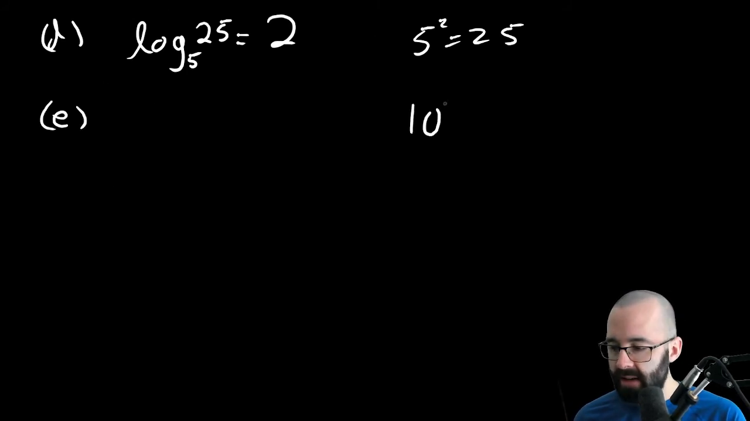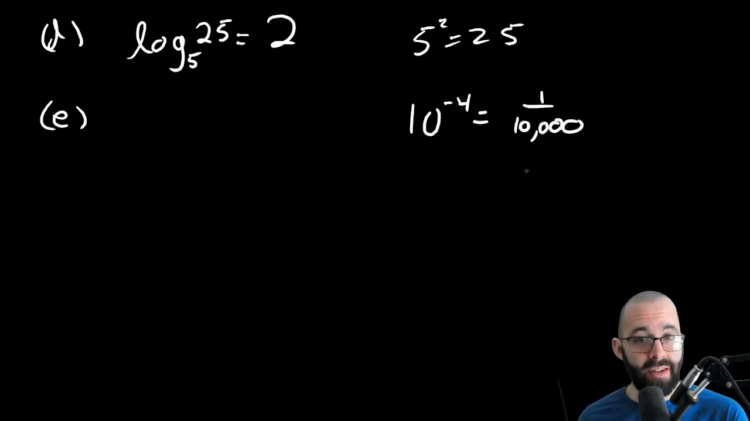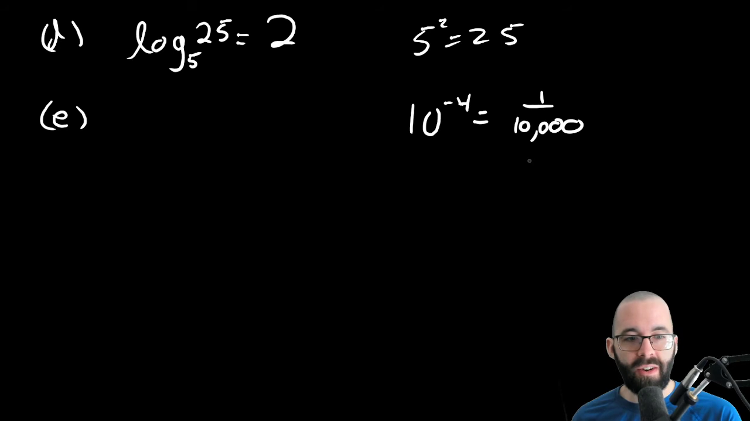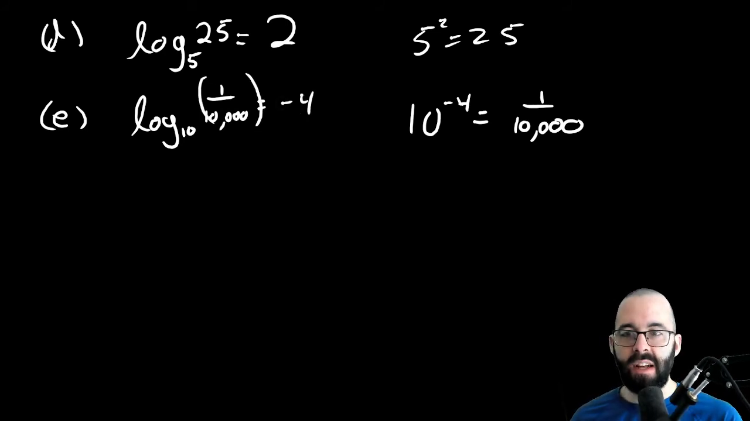Part E, 10 to the negative fourth equals 1 over 10,000. Remember negative exponents. Fractional exponents mean radicals. Negative exponents means reciprocal. All right. What's the base of the logarithm? 10. Input becomes output, output becomes input, and so on. This is a true statement. Let's